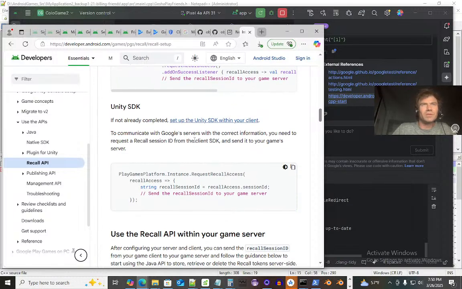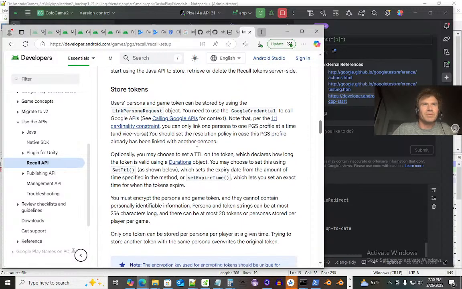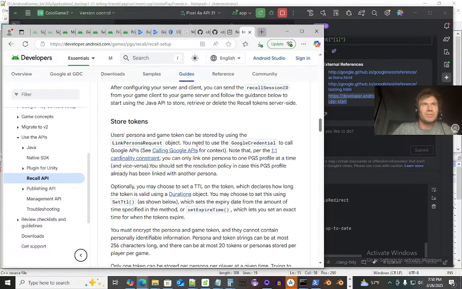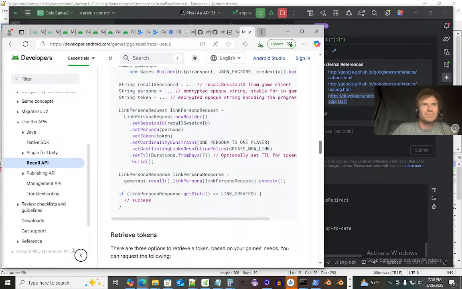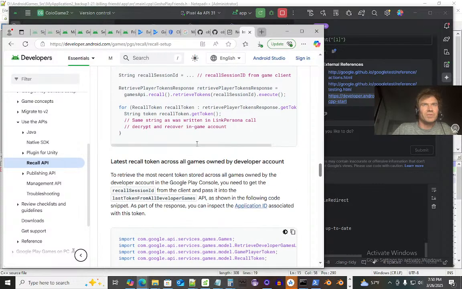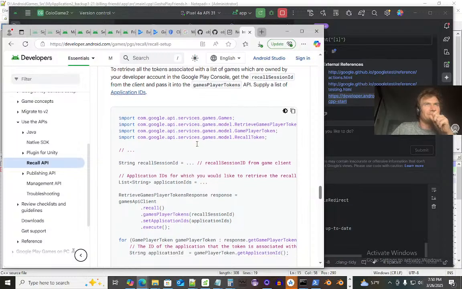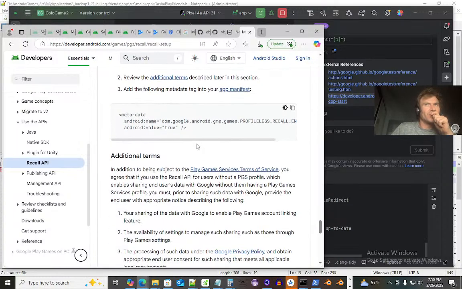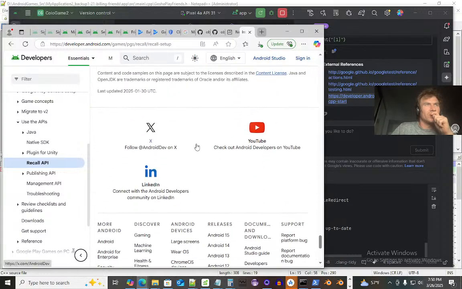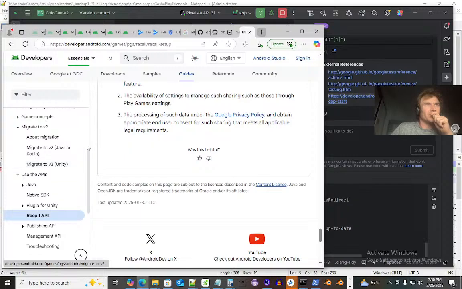Recall. Yeah, recall would be cool to do game replays. Start tokens. Face of the token. Okay. Try to do all this. Damn it. Well, it's gonna be fun. And it didn't tell me about